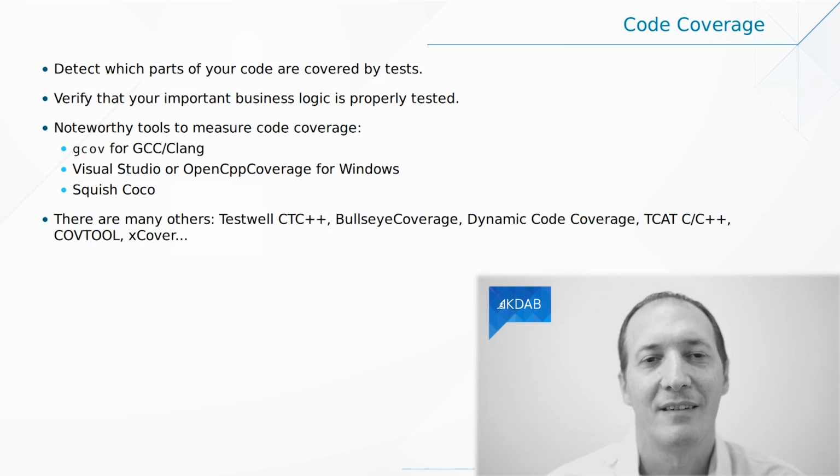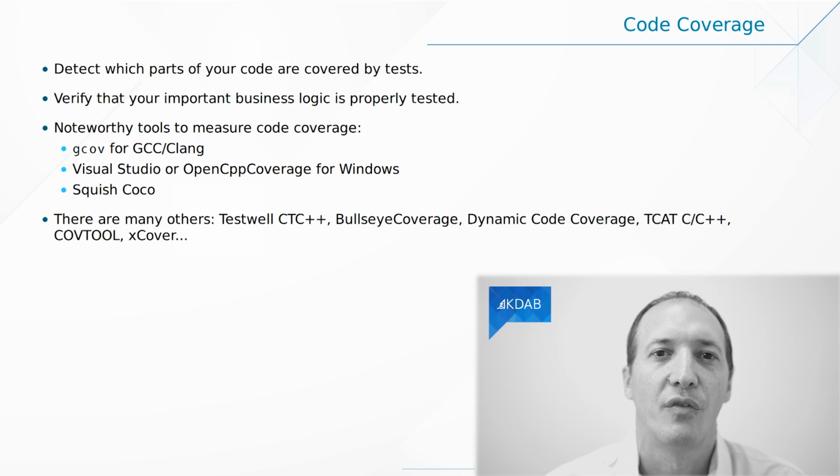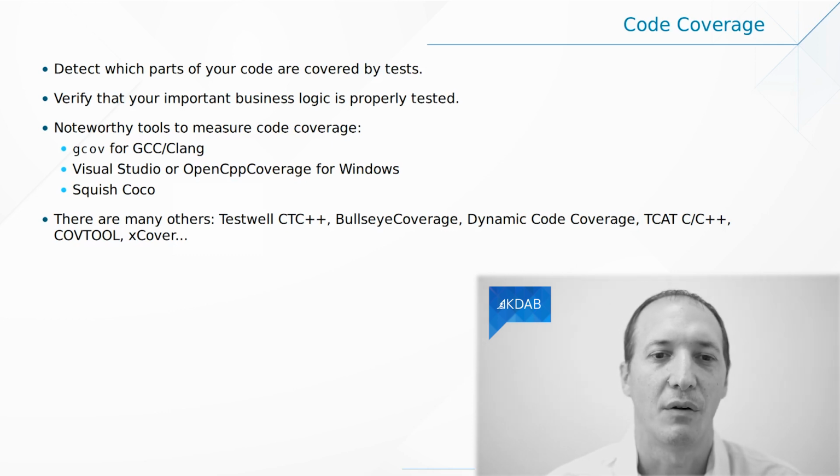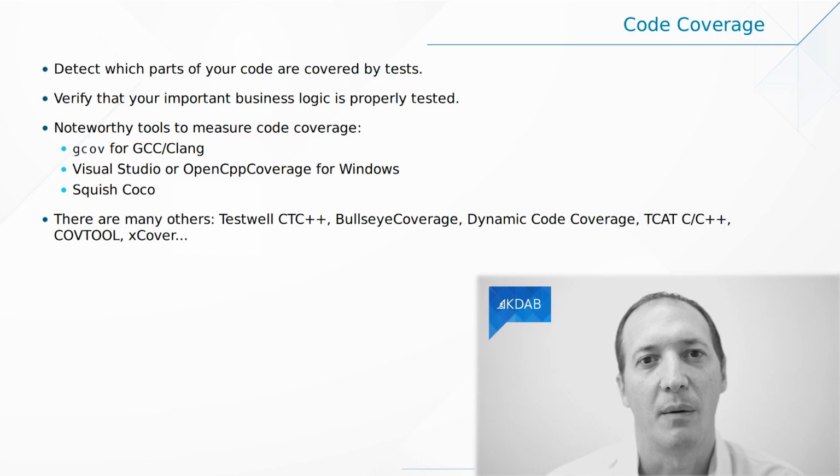It goes together with the compilers, GCC and Clang. There are also tools on Windows as part of Visual Studio, or you can install OpenCppCoverage. Also, SquishCoco is another one. So all of these tools allow you to measure how much of your code is actually tested by your unit tests. And this is an area where there are many concurrent solutions, because it's something that is very much used in some domains. For instance, anything that will fly in a plane has to be very, very well unit tested and covered by those tests. So these are domains where code coverage is really important.